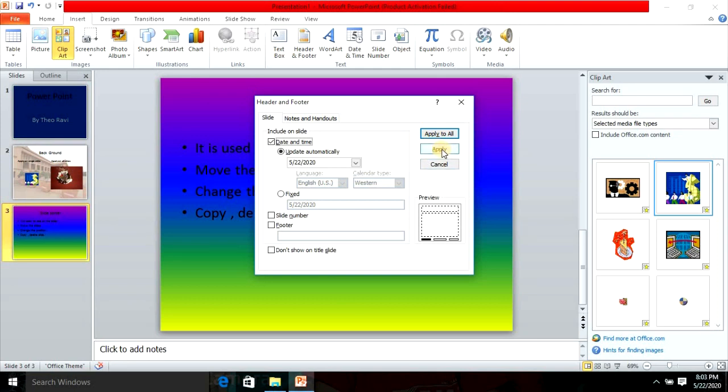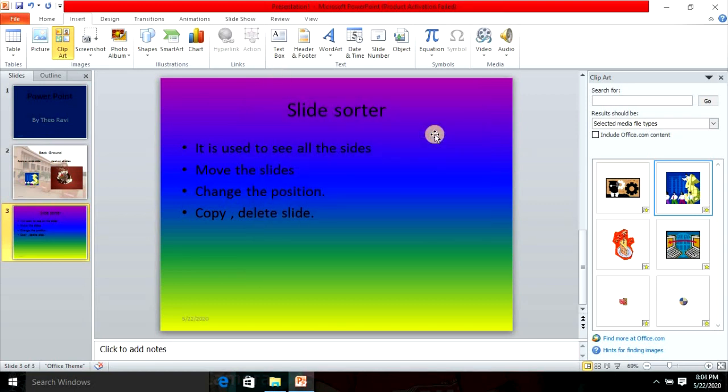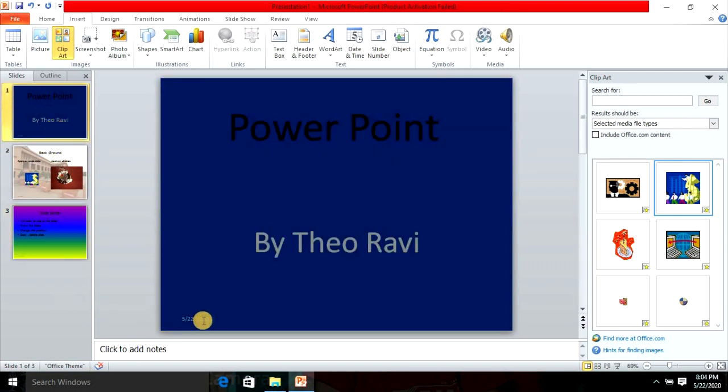Update automatically. Apply to or apply. And I'll say apply to all. Look at the bottom, you can find it on all the slides. At the bottom you can find, or at all the times like this you can insert the footer, header also. Is it clear?